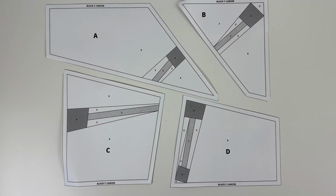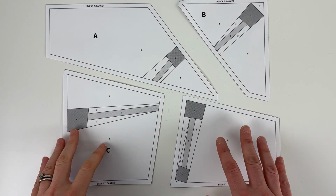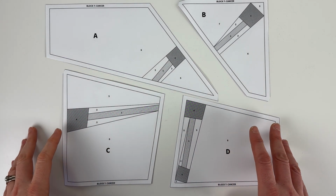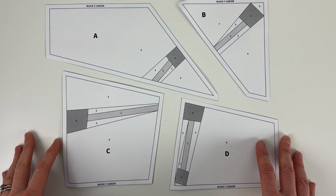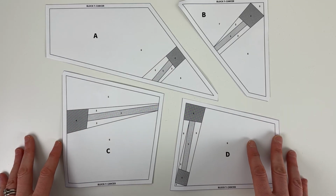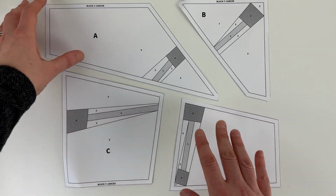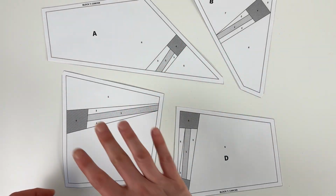Let's get started. There is no right or wrong way to foundation paper piece, but this month I thought I'd share with you how I typically like to paper piece in an assembly line type of way. This method may not work well for everyone, but I find that I'm fairly efficient and I really enjoy working this way. Essentially, instead of working on one paper piece at a time, I'm working through all the pieces at